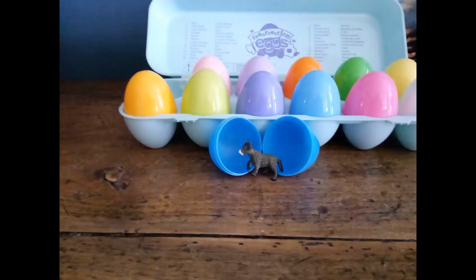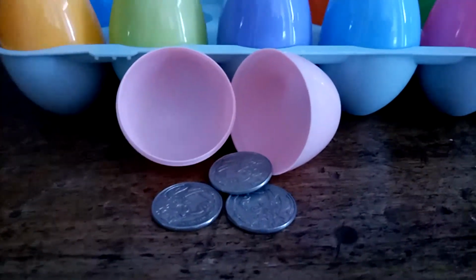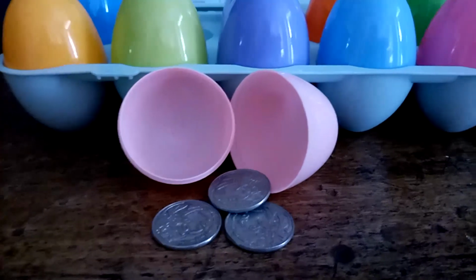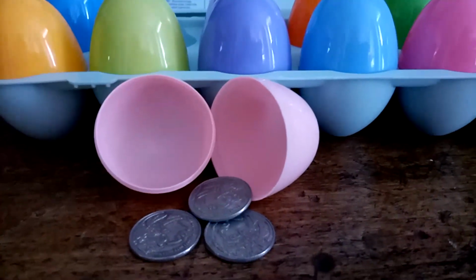story. So our first egg has inside a little donkey. And if you guys remember from Palm Sunday last week, we learned about how Jesus rode into Jerusalem riding a donkey. The second egg has inside silver coins, and those symbolize the coins that Judas Iscariot got when he betrayed